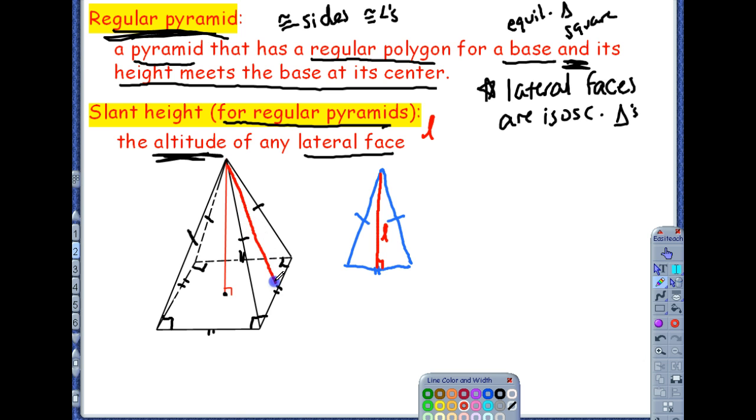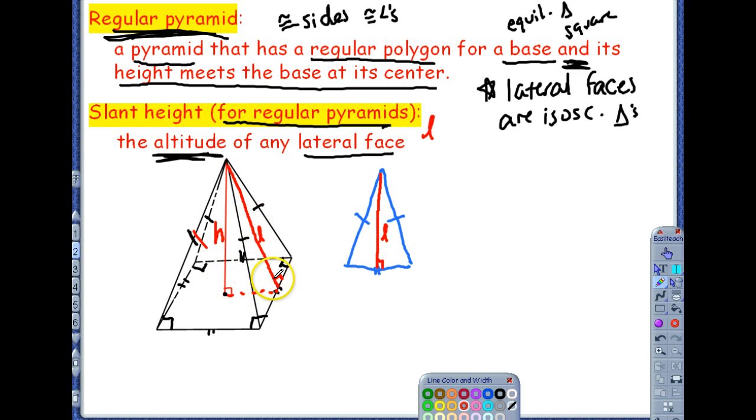It's going to come right down the middle of that face if it's a regular pyramid, because this is an isosceles triangle. Now I want you to notice that the slant height is perpendicular to the base edge, and if I drew in this little segment that connects from the actual height,